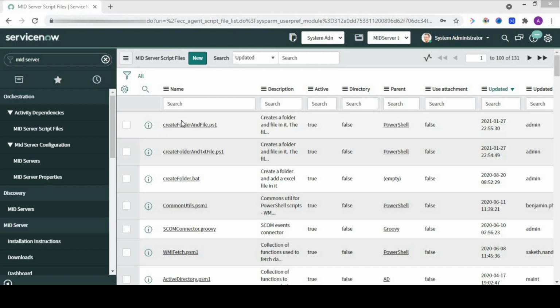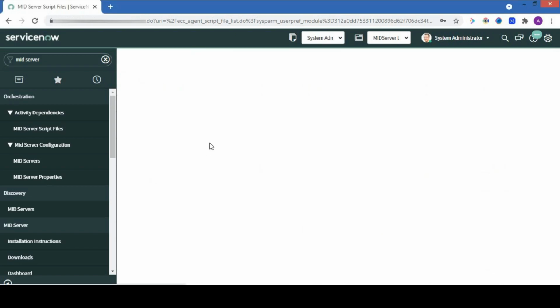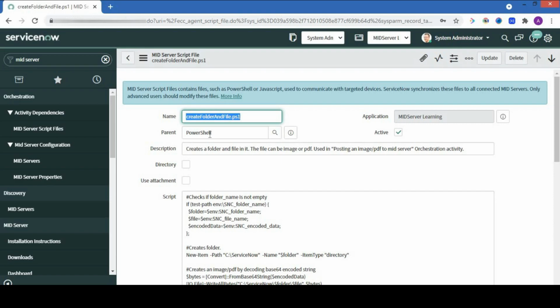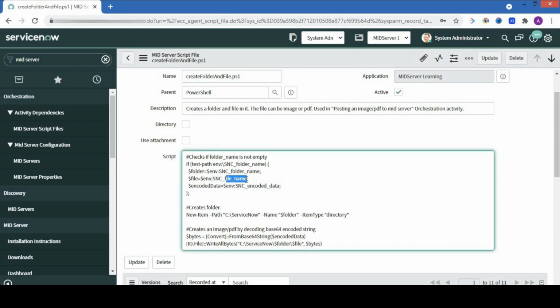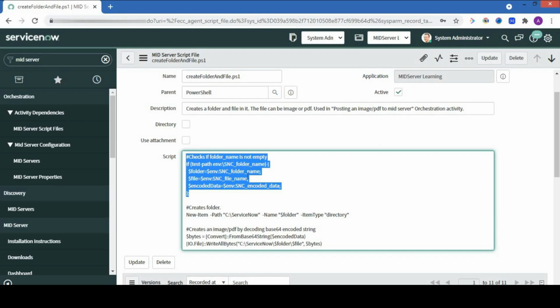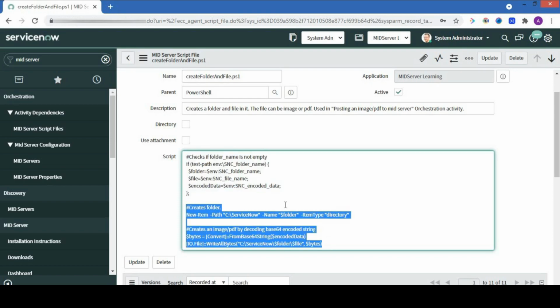So coming back to the script which I have used in the orchestration activity. This is the PowerShell script that I used, and as you can see, it takes three variables: folder underscore name, file underscore name, encoded underscore data, that I passed from the orchestration activity. This part I copied from the existing script files that we have in our ServiceNow instance, and this part I have copied from Stack Overflow. I am not a PowerShell developer, I am a ServiceNow developer.